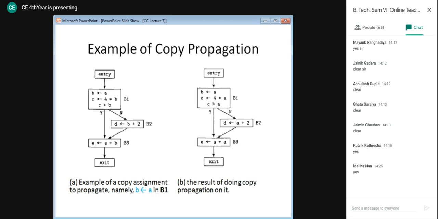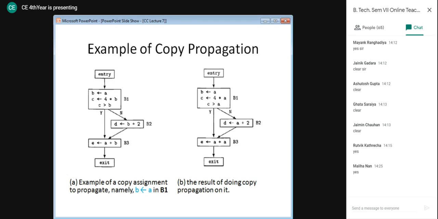I think you all can see the example on your screen, wherein on the left side we have a copy assignment assigning value of a to b in block b1. Now in block B1, there are some instructions wherein B variable is used. So now it will be taking value of A. Also in further blocks, that is not the same block, but in B2 and B3 as well, we are having value of B. Now B will take value of A until B becomes X.